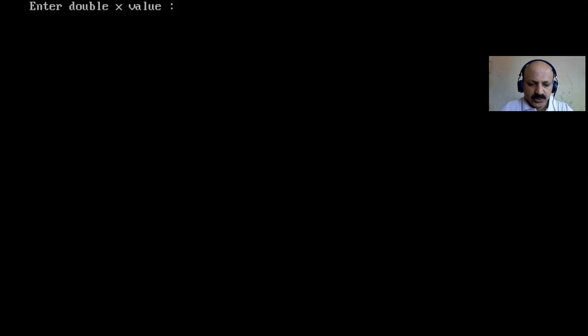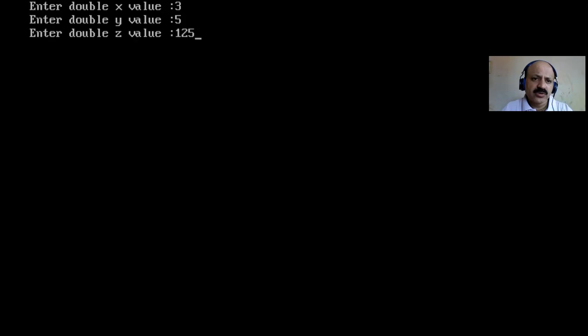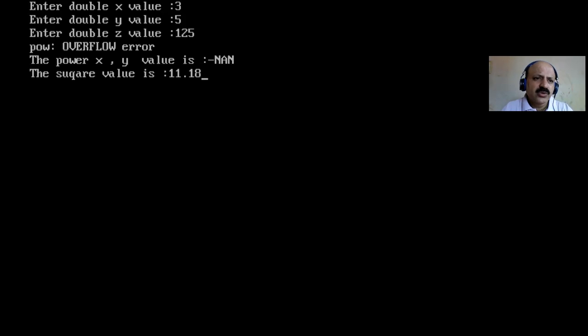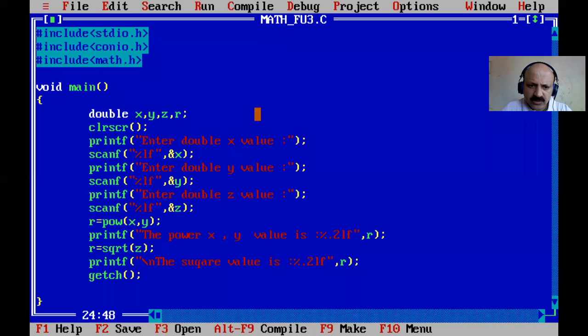Okay, so here I take something different, like 3 raised to 5, and we get 125, so that is the square root. Okay, so that is an overflow value, so it does not give the answer perfectly, but the square root is 11.18. So the power function is not working perfectly.